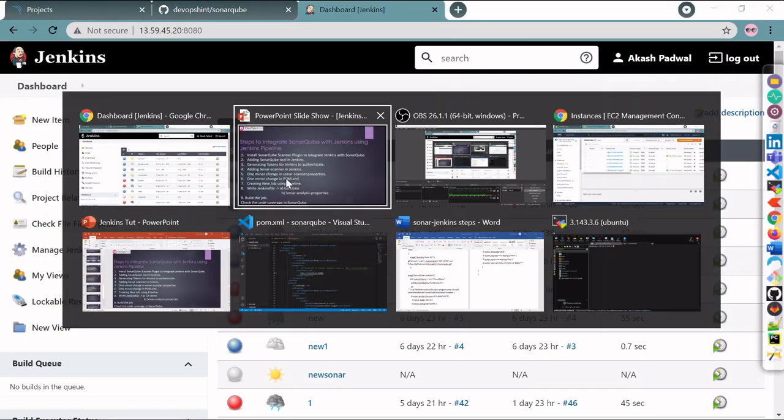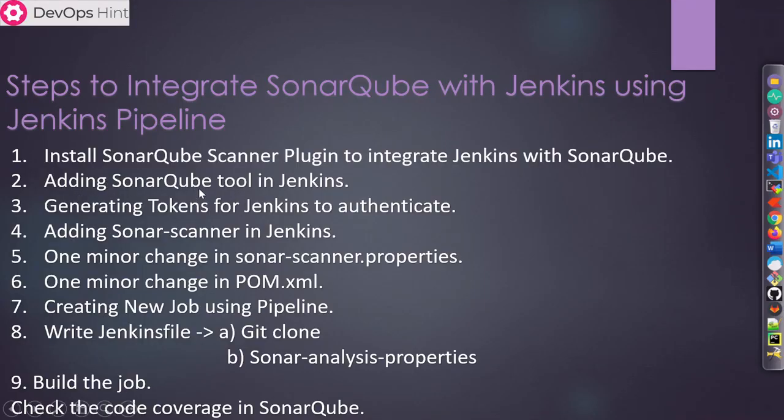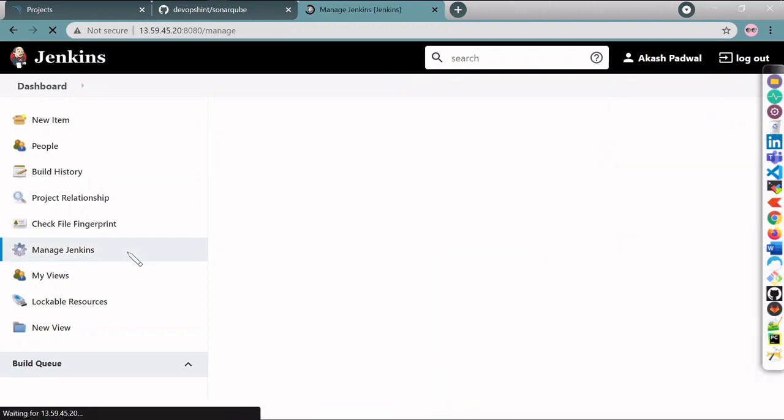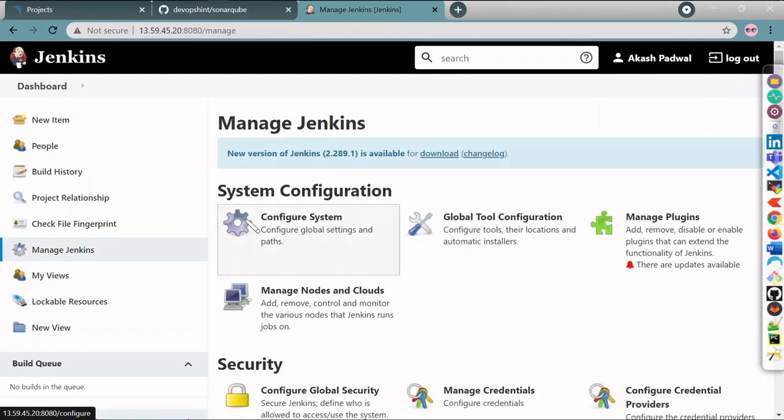So our next task is adding the SonarQube tools in Jenkins. For it, again go to the dashboard, then click on this Manage Jenkins, and here you can see Configure System. So simply click on this Configure System.